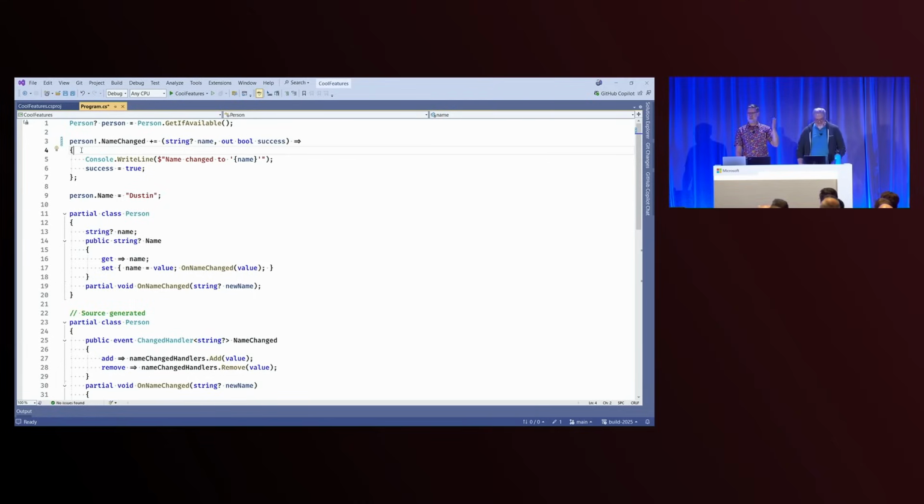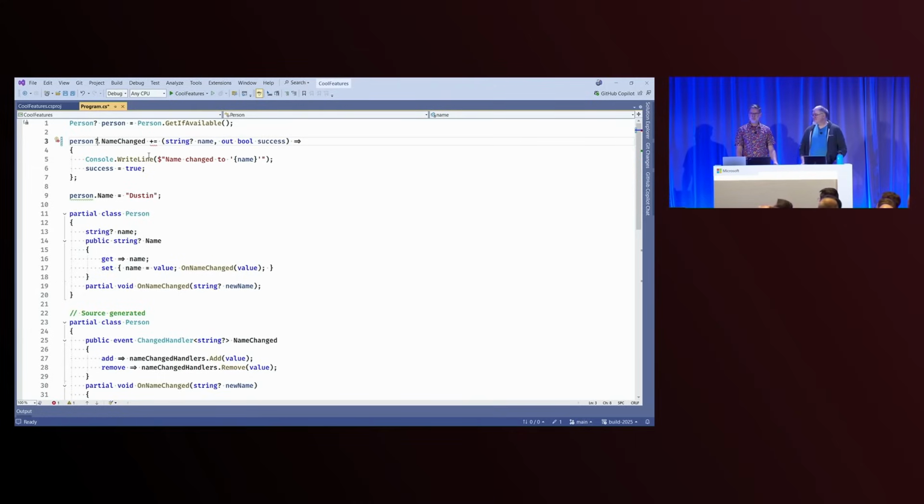We added a feature for better null actually. It's a question mark dot, right? But it doesn't work in assignments, right? It only works when you're on the right-hand side. No, it's actually really annoying. We took the time in C# 8 to make an exclamation point available here, but didn't make a question mark available here, right? So this doesn't work, and it stinks.